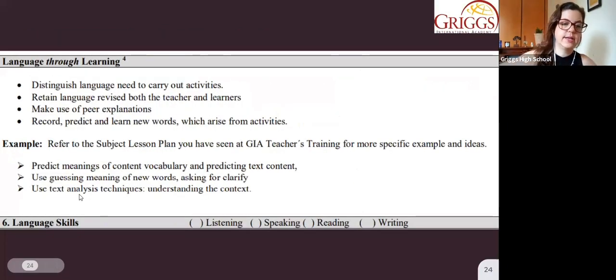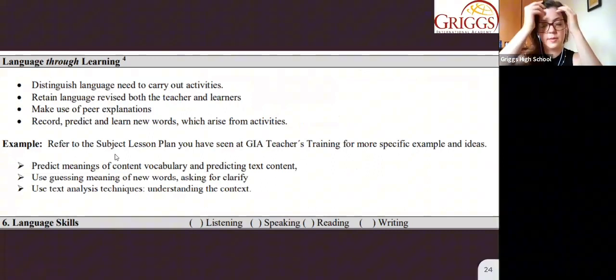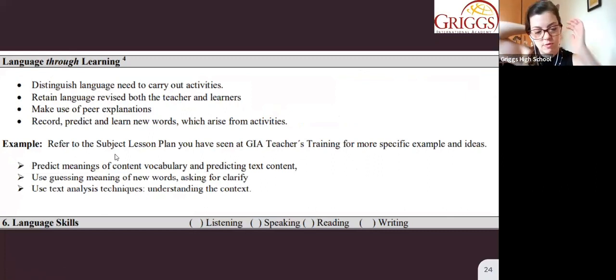The last one is language through learning. This is the one that brings up more confusion, but it's actually simple. So, question for you guys. You know, when you're teaching a lesson